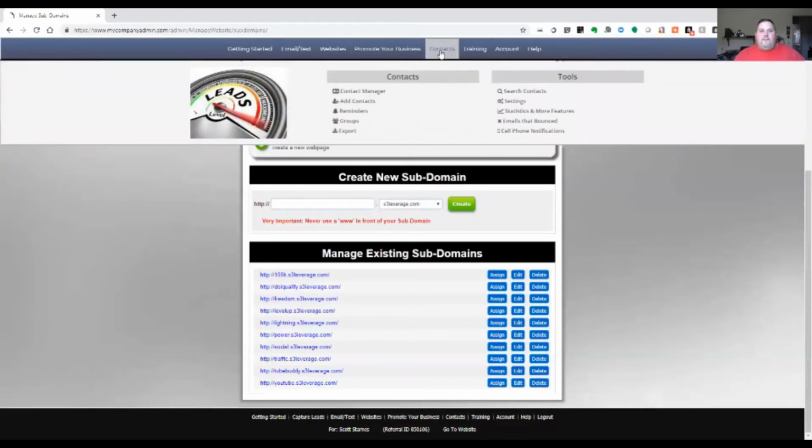So if you go over to contacts, you have a contact manager. You can add contacts, set up reminders, set up groups within the contacts, and you can even export them to your other autoresponder if you have a third-party autoresponder. Then it comes with tools. You can search your contacts, mess around with your settings, look at the statistics and other features. You can see emails that bounced, and then you can actually get cell phone notifications. And that's